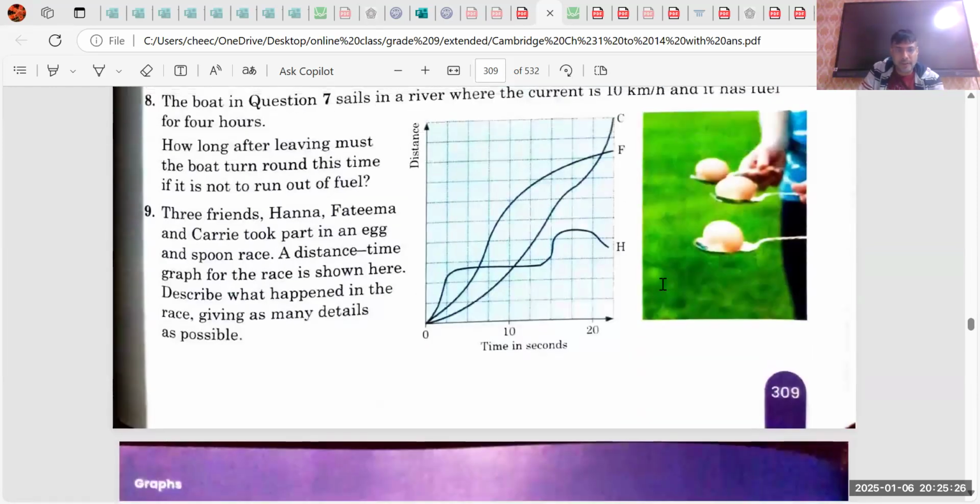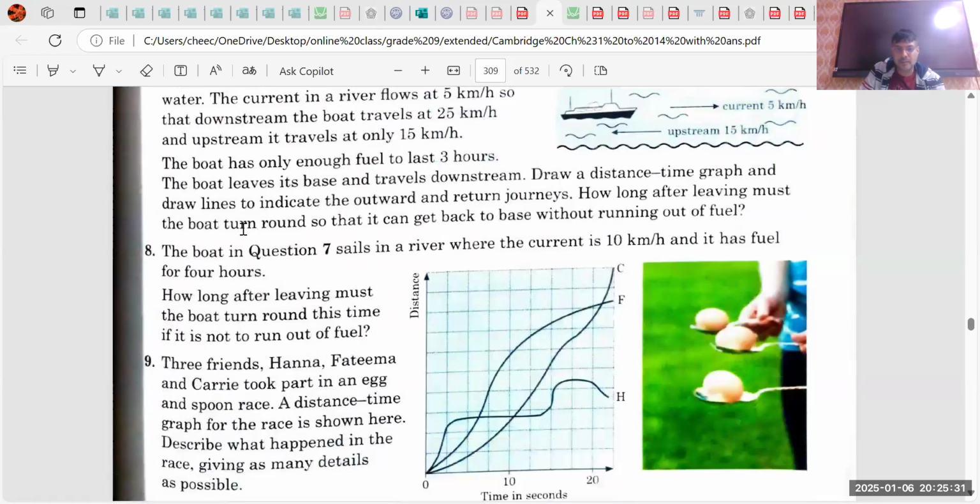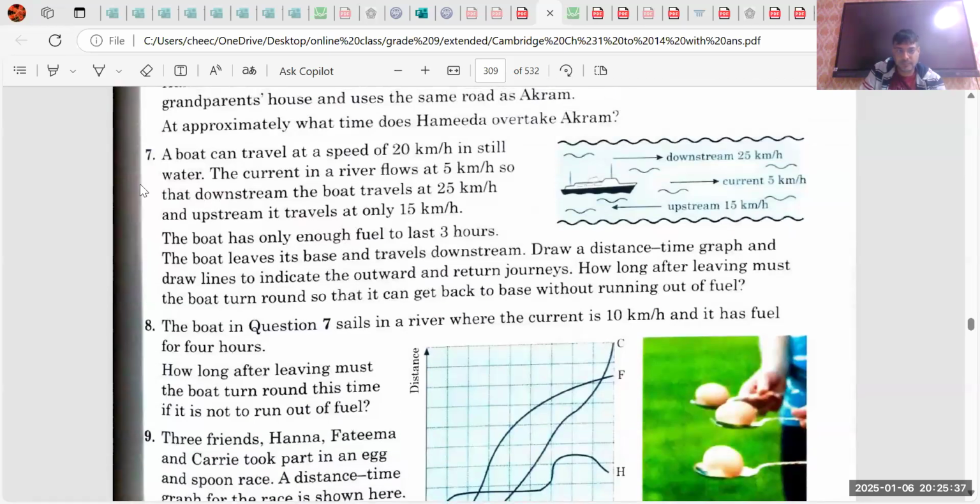So we can draw one graph, I think. Can we draw the graph of 7th? Whole chapter is on graphs only, so we have to make a lot of graphs. Sir, can I draw it with a pen or should I bring a pencil? It's better you draw it on a graph paper. With pencil on a graph paper. Yes, sir.